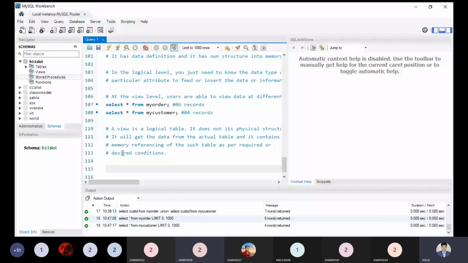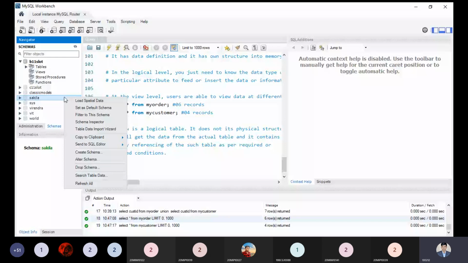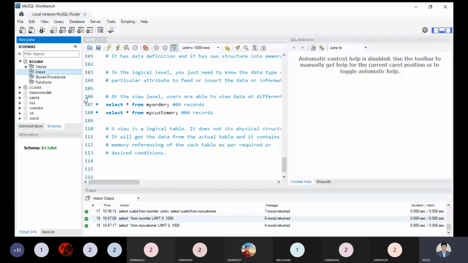Yes, sir. So I am referencing your database by clicking on the reference source. You will be able to see at the left side there is a panel which contains the database, tables and views. It is not showing any kind of views. Is it visible to all right now? Any views we have? No.